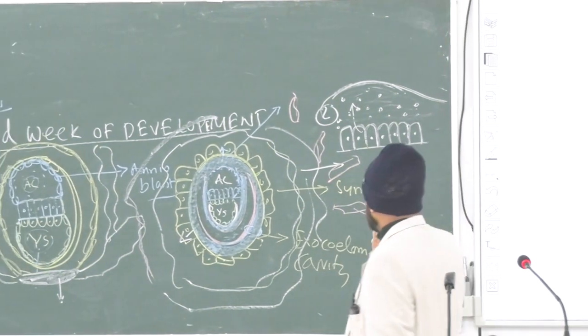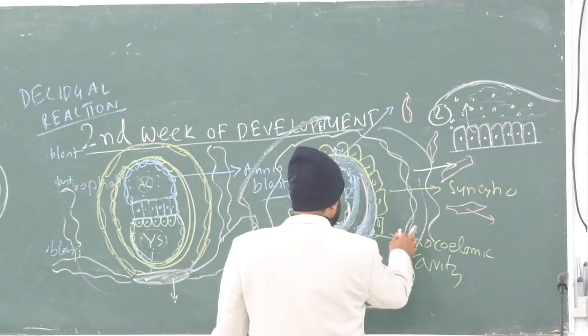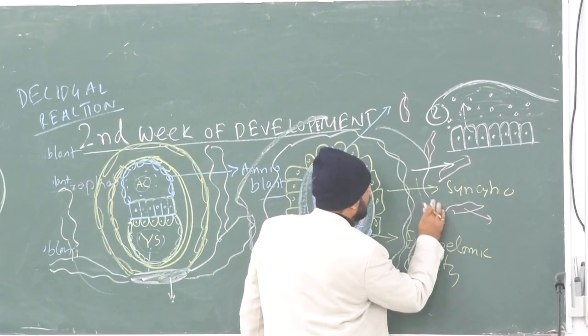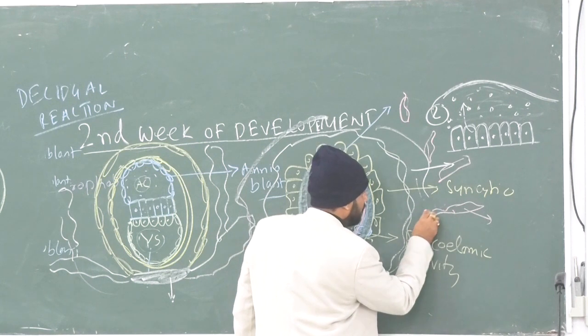Actually sinusoids অবস্থায় থাকে, যেই এটা ইরোড করে ঢুকে গেল, এই ব্লাডটা এখানে চলে এলো, এই সিনসাইটিয়ামের মধ্যে চলে এলো।